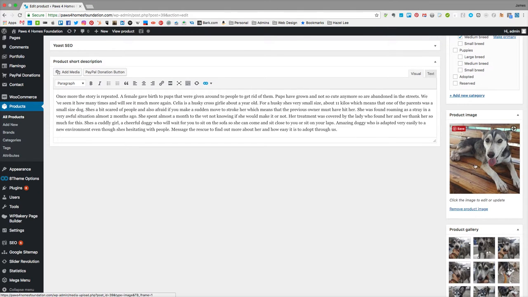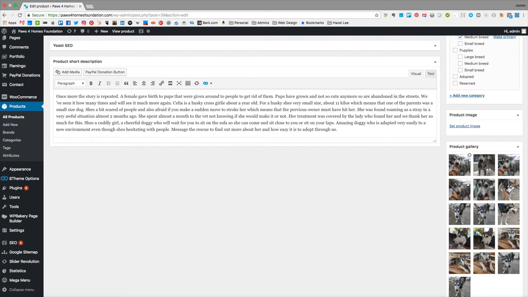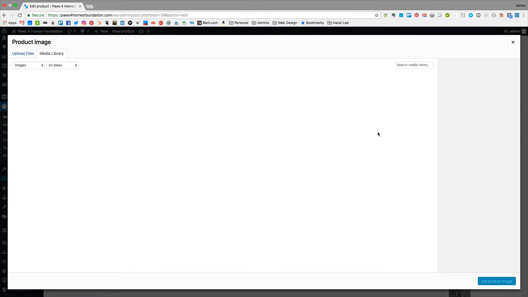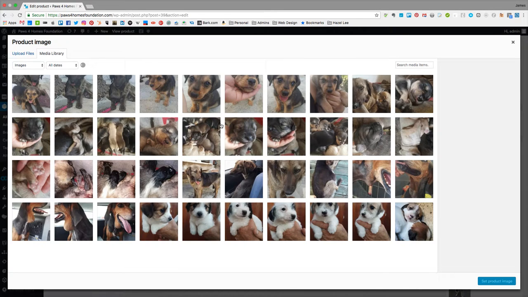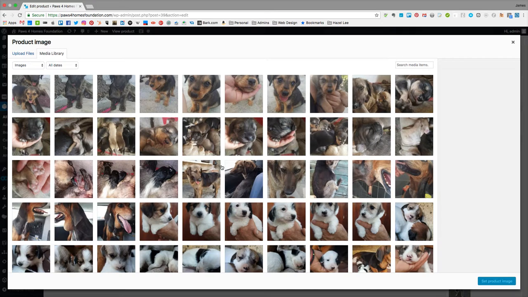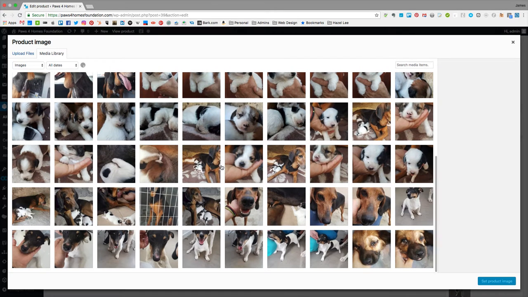You then choose a product image. So if I remove that product image just for the moment, and I go select, you would either upload from your computer by hitting the upload files, or these images are already in. So I've just got to find that image that's in there in the media library when it finishes loading in. I would find that image again